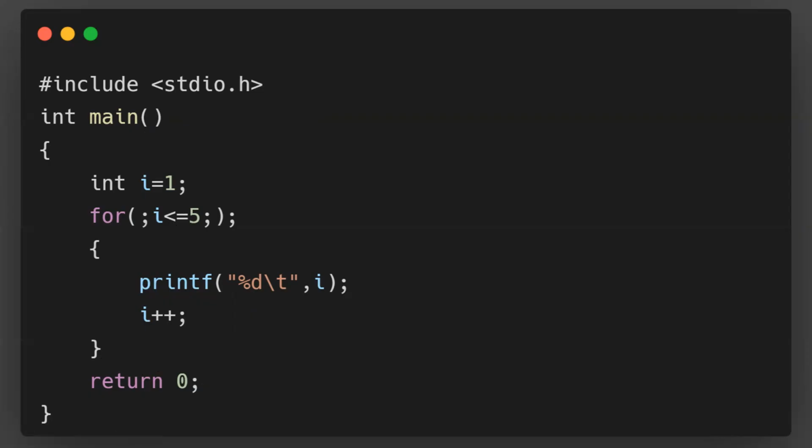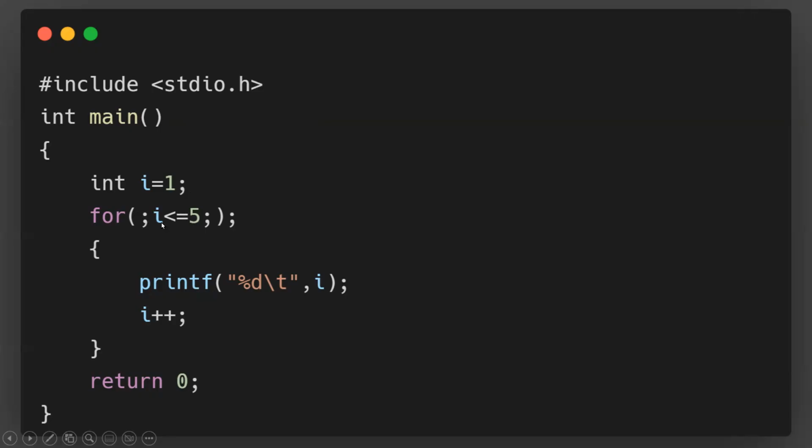So it is possible for us to break the for loop and write the parts separately also. Here we have followed that pattern. Initialization, condition, iteration, all the 3 parts are there, but they are not all given inside the for loop. 2 parts are given outside and only the condition is given inside.